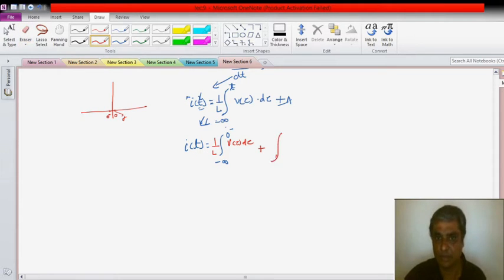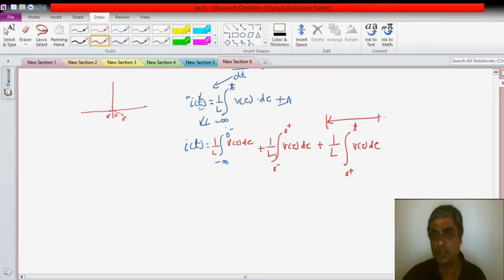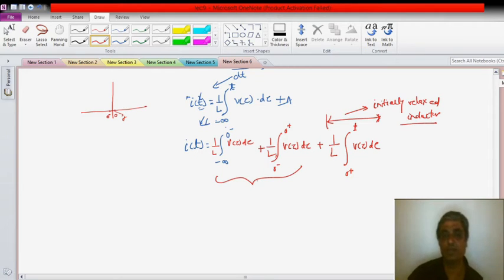Like this: 0 minus to 0 plus, this is v of tau d tau, and then once switching has been done, after some time your inductor will be charged or discharged, that can be described as v of tau d tau. So this current through the inductor will be for the initially relaxed inductor, okay. This will happen for a relaxed inductor. Now all the information before the switching happened was like this.